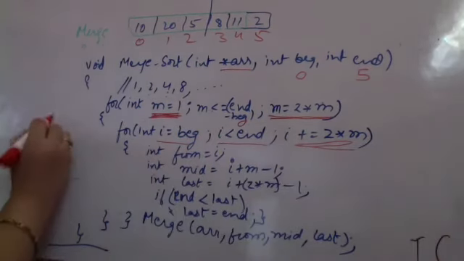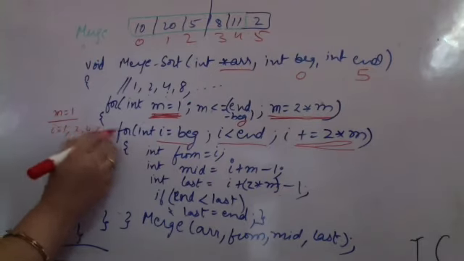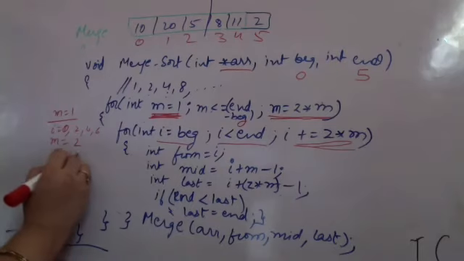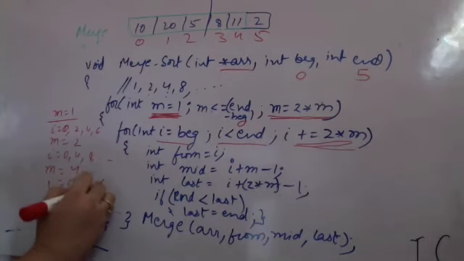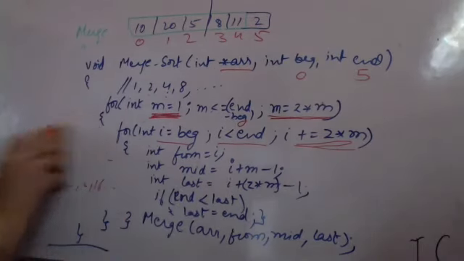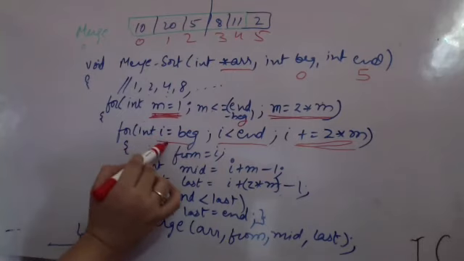What does this mean? When m is 1, I changes as 0, 2, 4, 6 and so on. When m is 2, I changes from 0, 4, 8 and so on. And when m is 4, I will be changing from 0, 8, 16 and so on. So I is changing accordingly. 2 into size. If m is 1 then I will be 2. Okay, it will change like 0, 2. Now let's see. Now I is beginning.